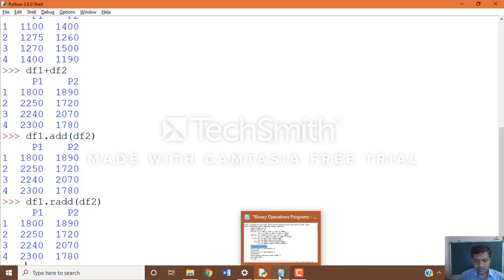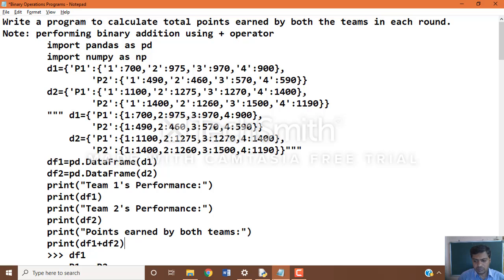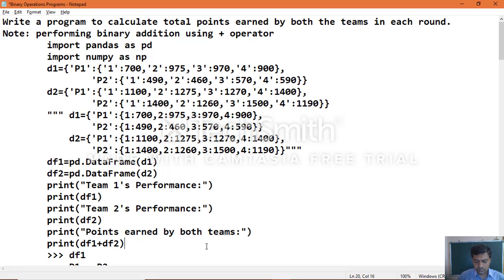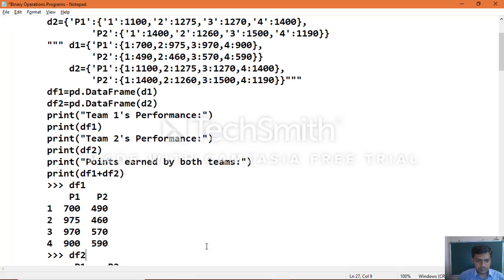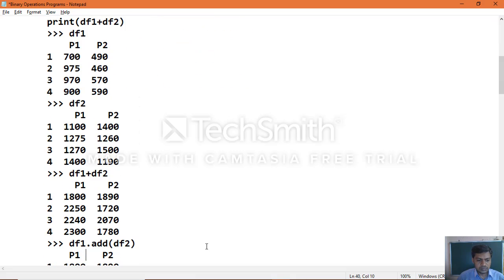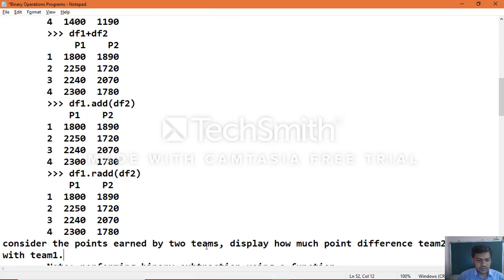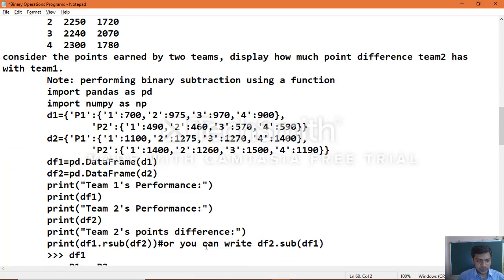And in the same manner, the second program is where you want to calculate the difference.